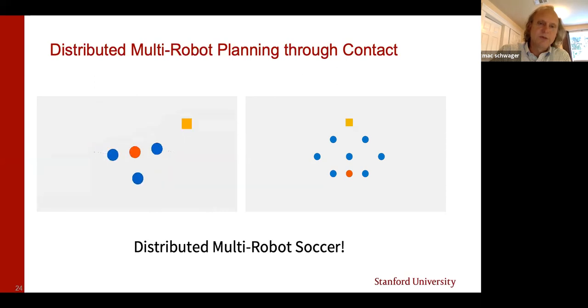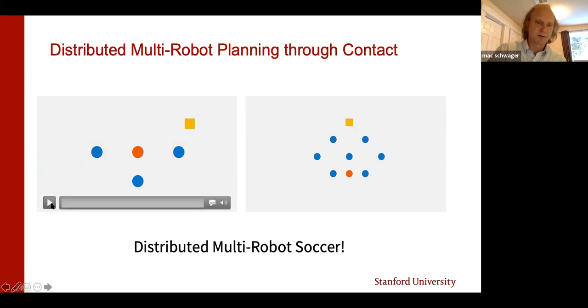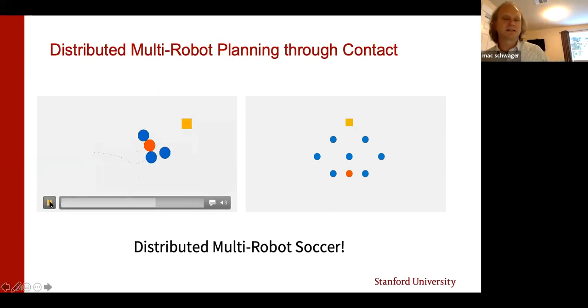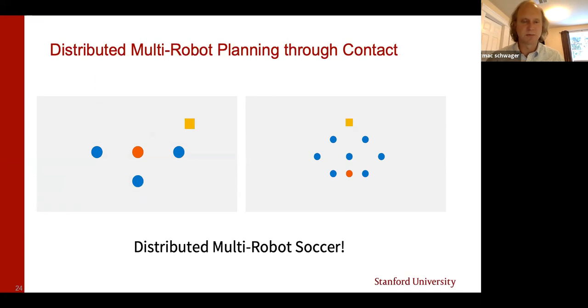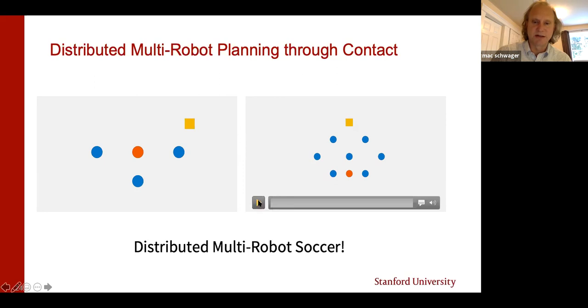So the only way they can impose their influence on this ball is by making contact with it. And again, the underlying assumptions are very similar to the distributed optimization problem before: every blue robot is trying to optimize its own action and the trajectory of the quote unquote soccer ball, but is ignorant of the other robots' trajectories. And they co-optimize using this SOVA algorithm.